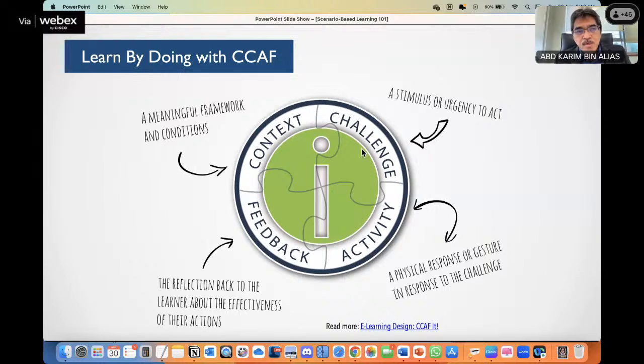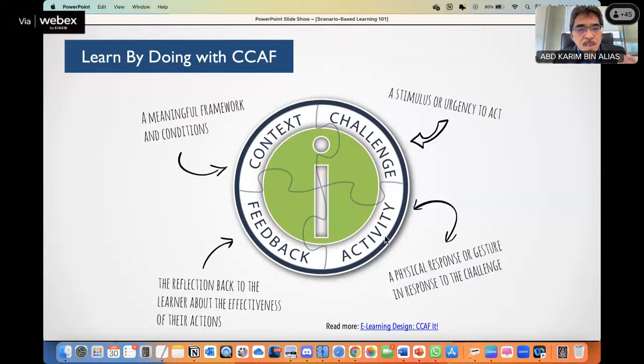For example, imagine we give them a scenario of a fireman, when there's a fire, and what actions, what decisions they have to make to put out the fire. So this is actually the challenge in that particular situation. Activity, a physical response or gesture in response to the challenge.